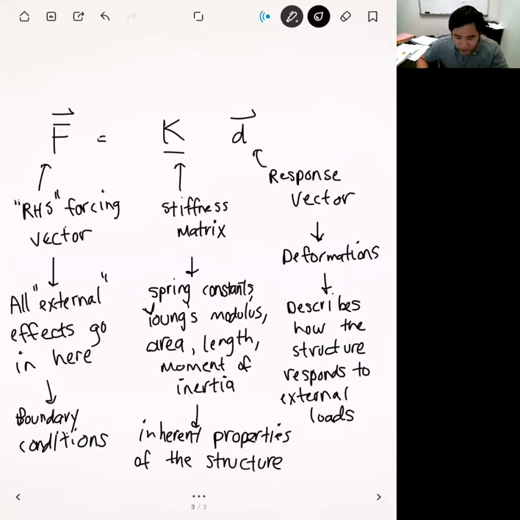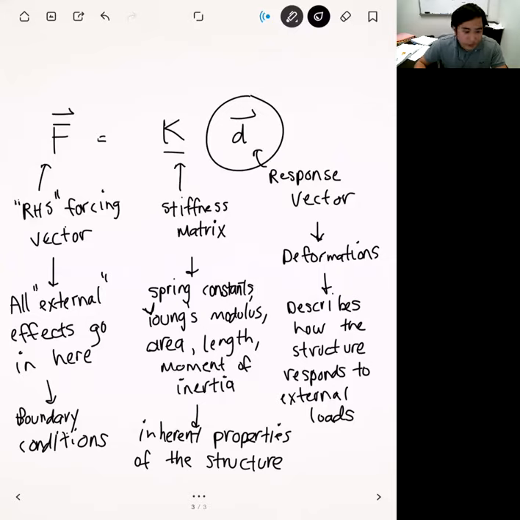The stiffness matrix would be comprised of properties based on the geometry itself. Okay, so the CAD model on its own will contribute something to the stiffness matrix, along with whatever material properties you choose. All of the boundary conditions that you apply get factored into the forcing vector. And then after we hit solve on ANSYS, all the deformations and all the stresses come as a result